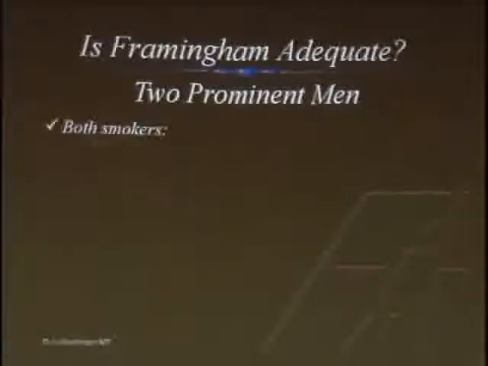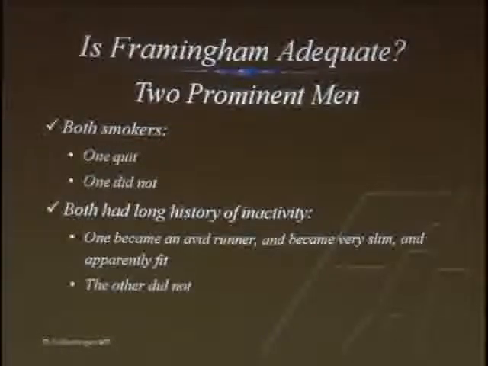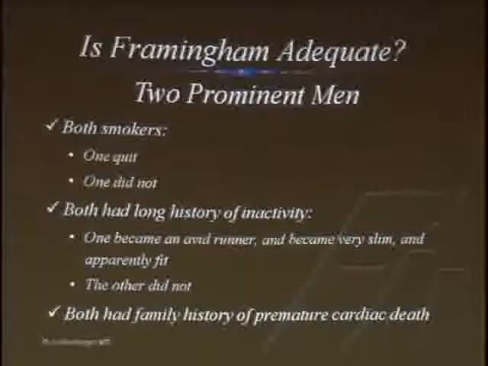And I love this. I stole this slide from Rumsberger. He's a cardiologist, a big proponent of calcium scoring. He said, well, let's just look at this anecdotally. We all have these situations. Let's just compare 2 prominent guys. They both had multiple risk factors. Both of them at risk for coronary artery disease, but one basically had a midlife conversion, became a marathon runner. The other guy did nothing, still smoked cigars, drank too much. So who would you predict would have a heart attack? And he said,